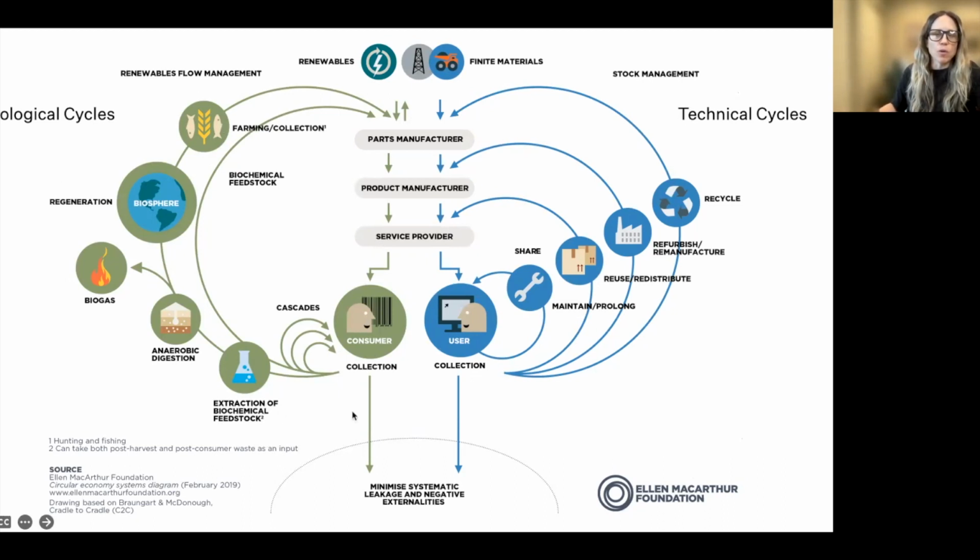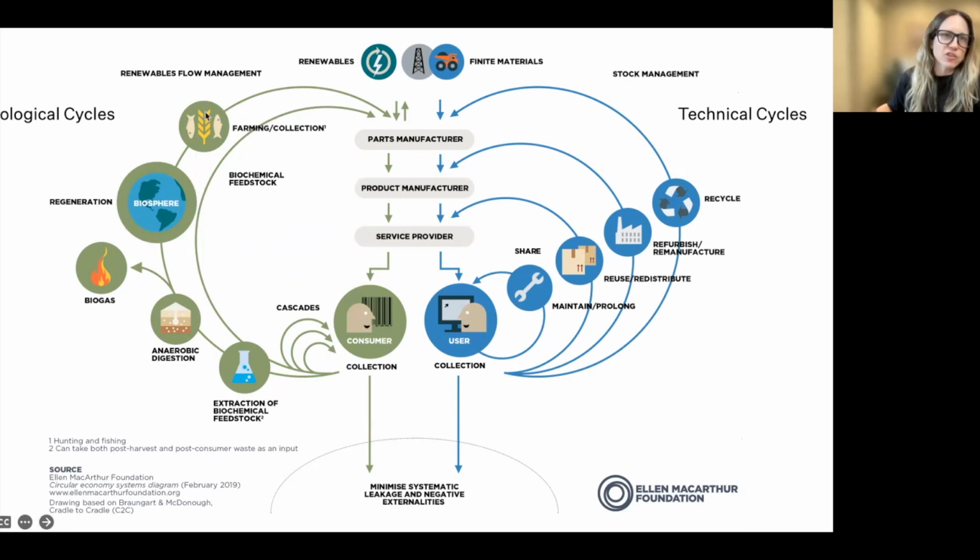And it's when you start to mix these cycles that true circularity, or cradle to cradle types of concepts, become really challenging. So the first one is biological cycles. That's looking at natural materials, so extraction of feedstocks that can potentially go to biogas, but really then regeneration of those materials and feedstocks